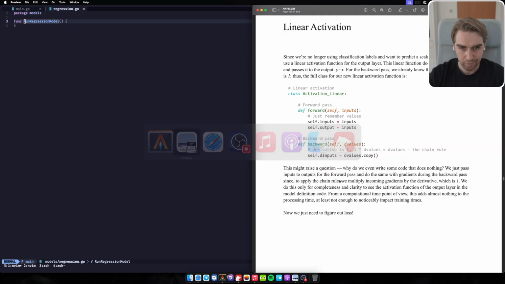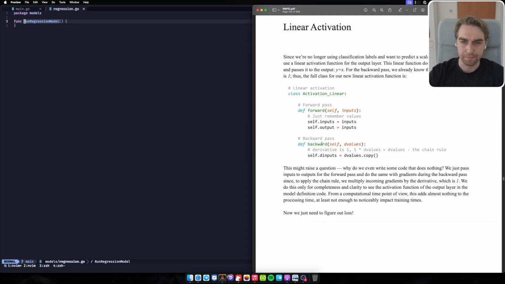Okay, I think this is better. Since we are no longer using classification labels and want to predict a scalar value, we're going to use a linear activation function for the output layer. This linear function does not modify its input and passes it to the output. For the backward path, we already know the derivative of the linear function is 1. Thus, the full class of our new linear activation function is,